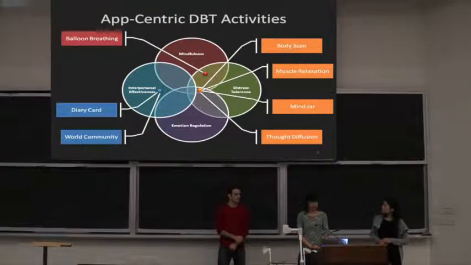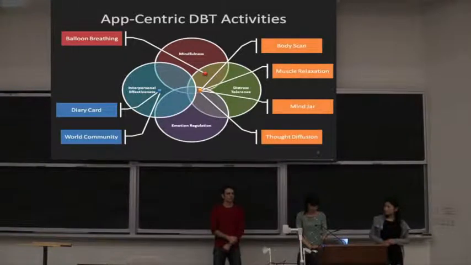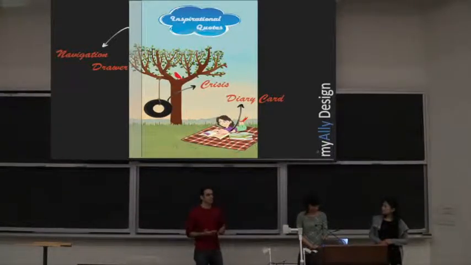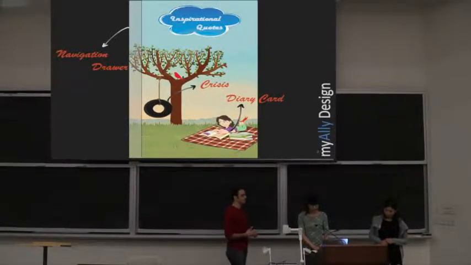It's a little bit complicated because DBT was originally geared towards adults and we're targeting adolescents. So we have to be careful about how we modify these activities, so that they're properly targeted towards our target audience. So myAlly is designed so that a lot of its components are easily accessible, so that users can quickly cope with the situations they're dealing with.